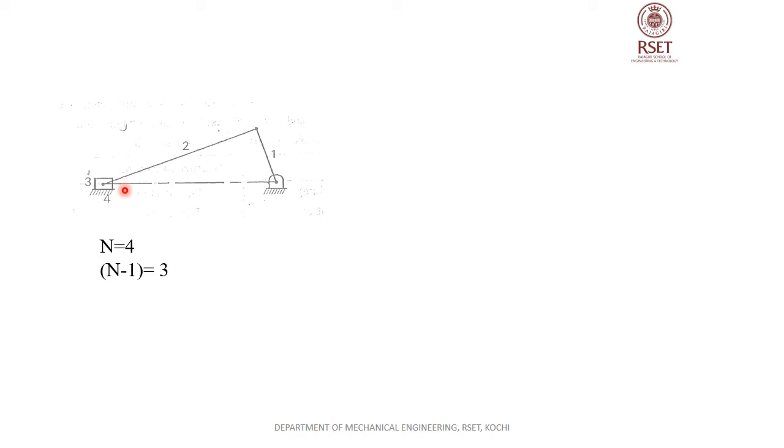Now we will find out how many kinematic pairs are there with a single degree of freedom and how many kinematic pairs are there with 2 degrees of freedom. So the first kinematic pair, that is 3 and 4. 3 and 4 form a sliding pair. We know that 3 is a piston in case of an IC engine, and 3 is sliding over the surface of the cylinder. So 4 is that surface on which the piston is sliding. So 3 and 4 form a sliding pair, and this kinematic pair has only 1 degree of freedom.